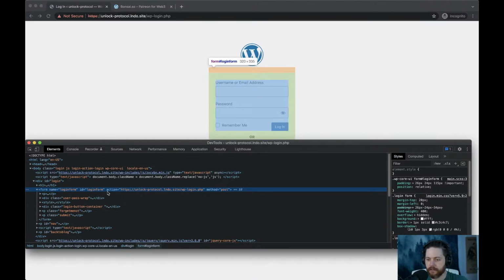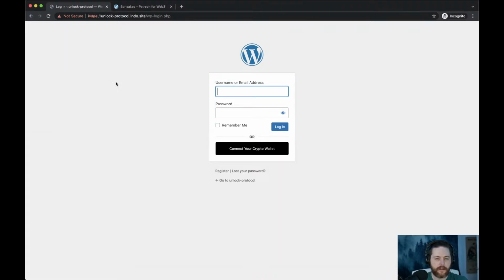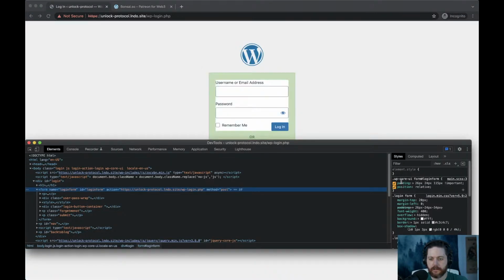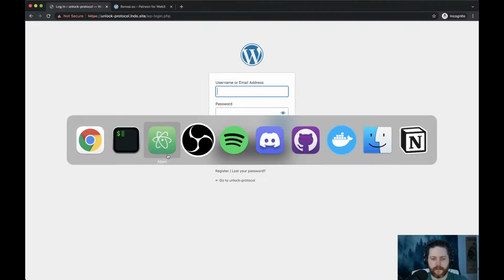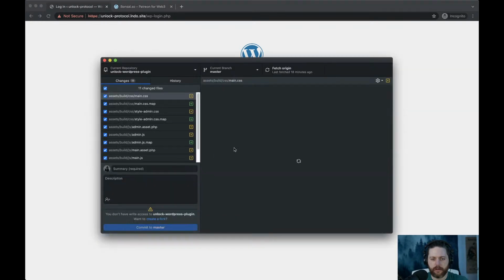Oh, finally. Jeez. Okay, there it is. Right there I can see WP Core UI. So you know that's working, and that should not override my login form from the front end, doing it this way. So what I could do